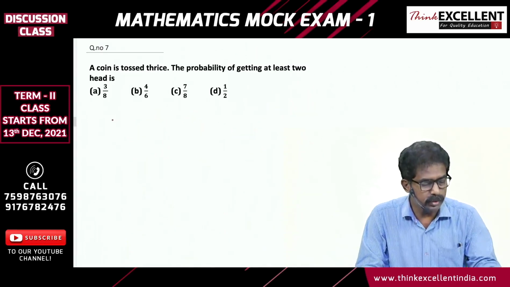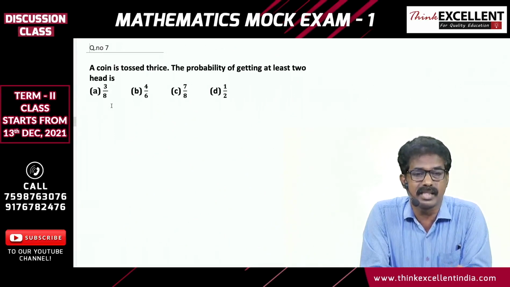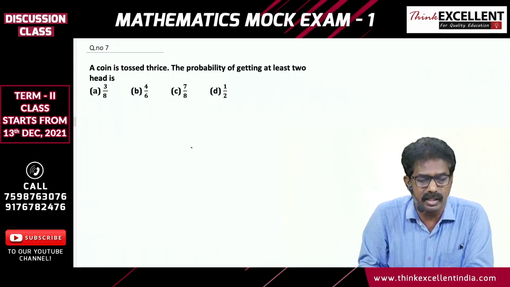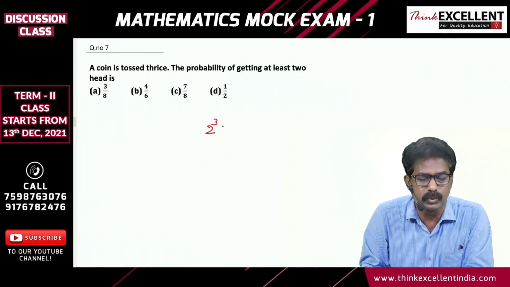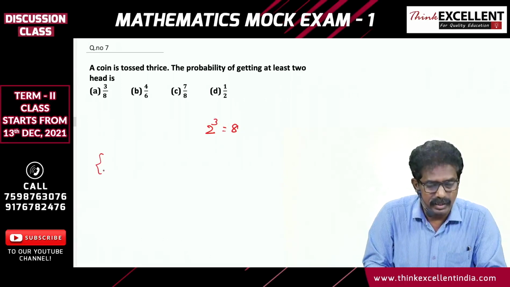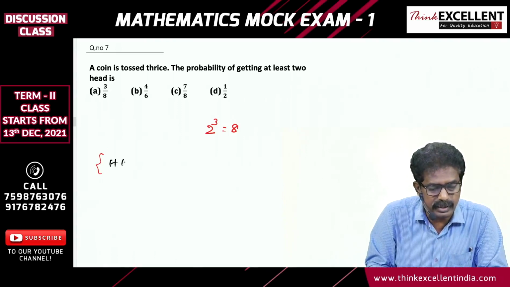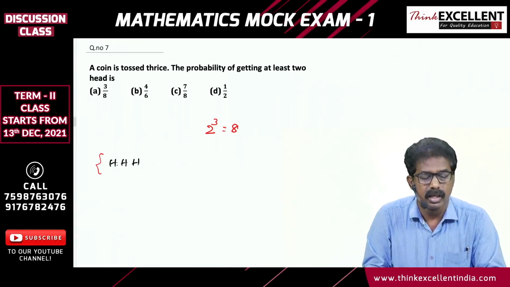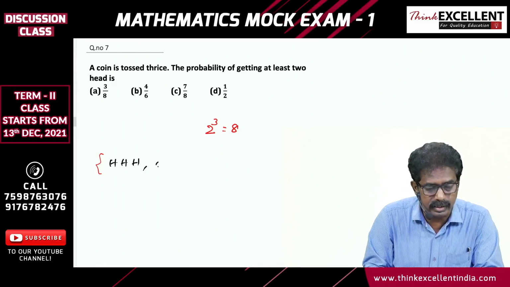Now let's move on to question number 7. A coin is tossed thrice. See, a coin is tossed thrice means it is 2 raised to 3. So sample points you are supposed to get 8. Toss 3 means your sample space: HHH. Starting with H, you will get 4 terms. Yes, HHH, HHT,